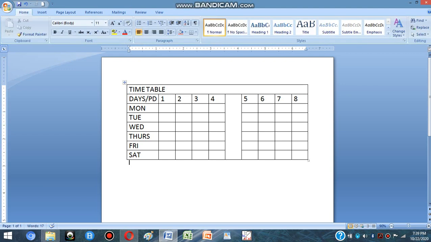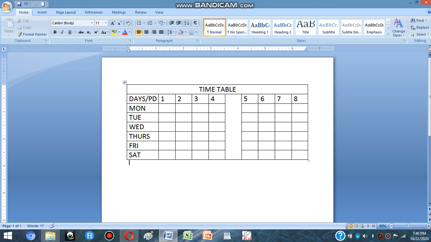Now you can see here that my first row of the timetable is merged. Now there is only one cell in this row. And now this timetable is appearing in the corner. So what I will do, I will select this timetable, click on Home tab and take the center alignment, that is center text. Now it is looking very nice. Timetable is appearing as a heading in between. So in this way we can merge the cells in a table.